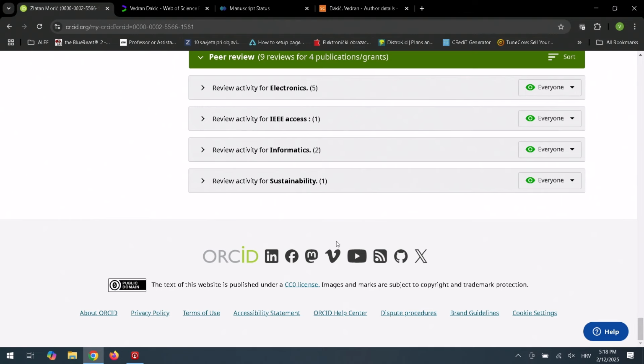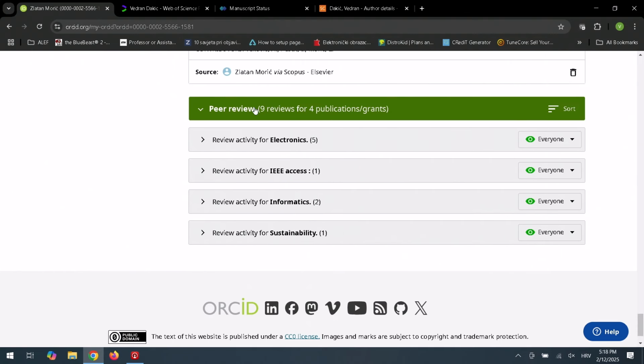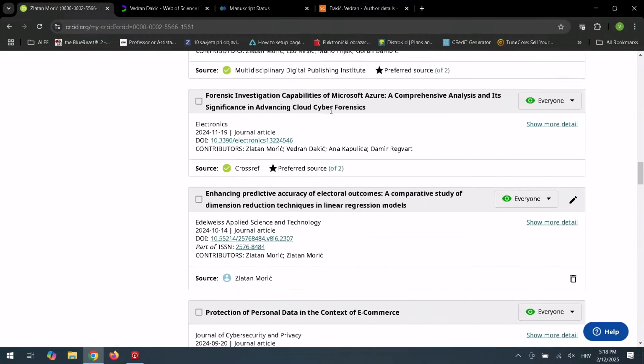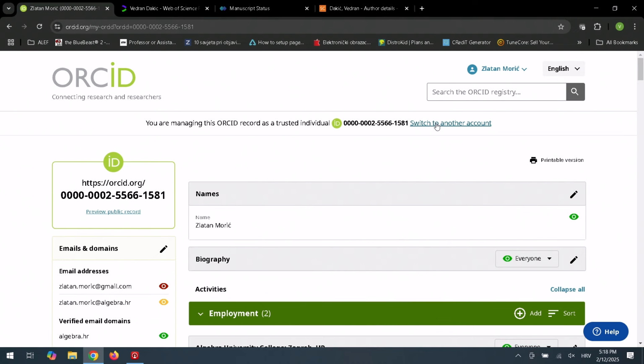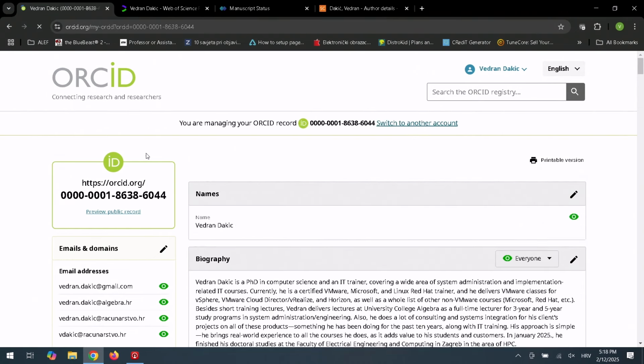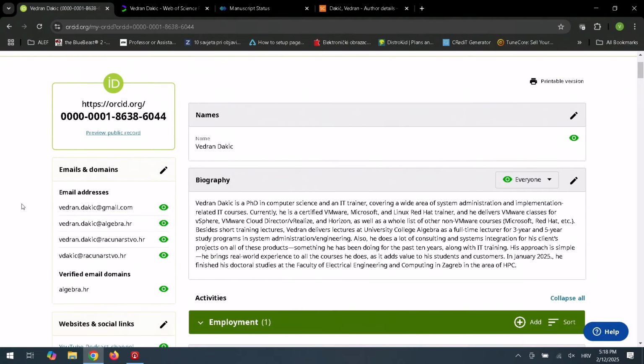Whatever. There we go. For example, the last part, which I'm going to get filled when the sync happens, is the peer review. So this is the part of the story in which you're sitting at the opposite side of the fence, where you're refereeing, as we call it, where you're acting as a reviewer. So that's that. In the ORCID, there are configuration options for you to integrate with various other databases.